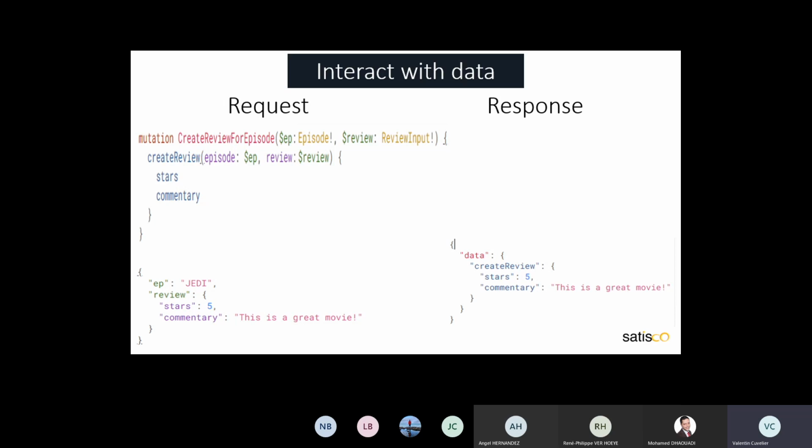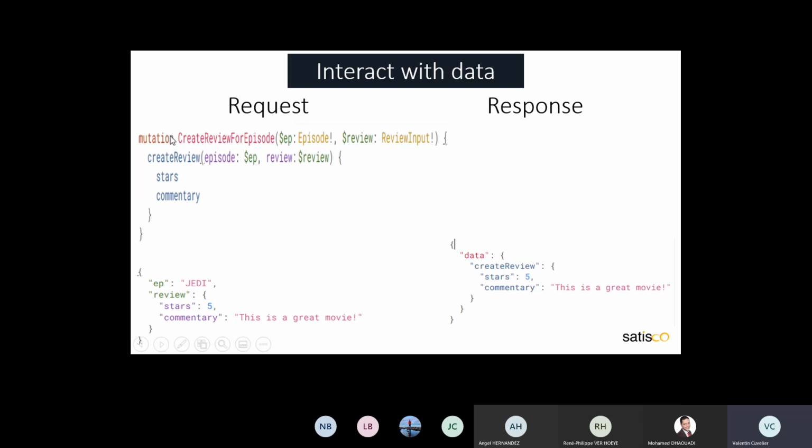We see that it is mandatory because we have the exclamation mark character. I don't know in English what we say, but this character says it's mandatory. So in fact, if you send this mutation with no parameters, the mutation is directly rejected by the server because we absolutely need to specify two arguments.